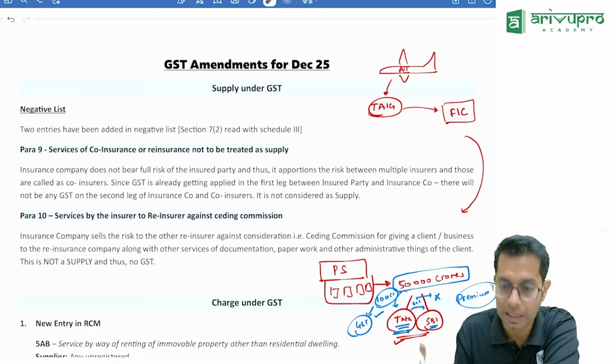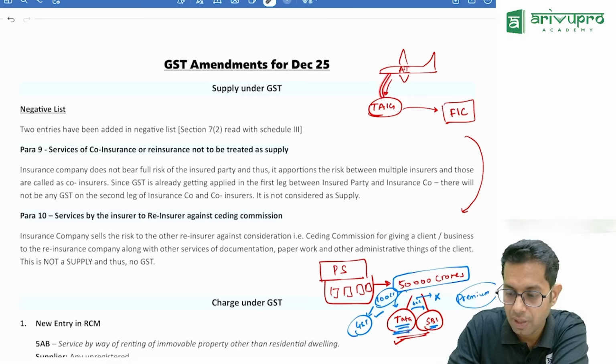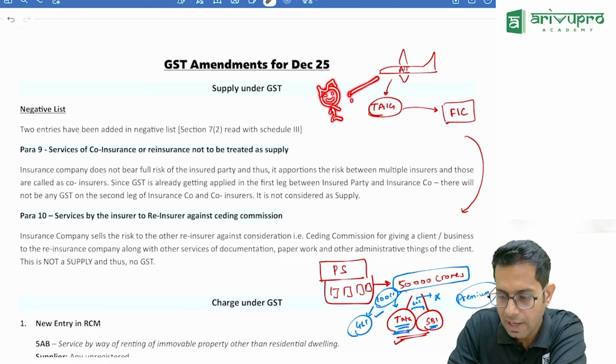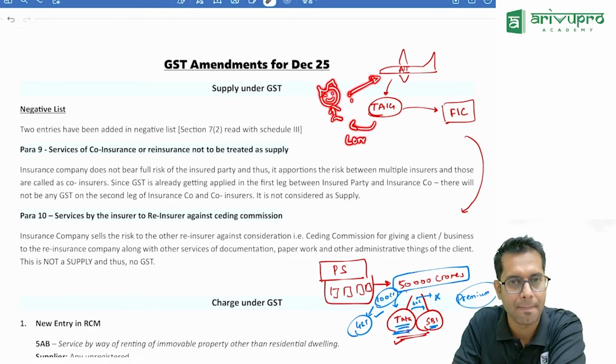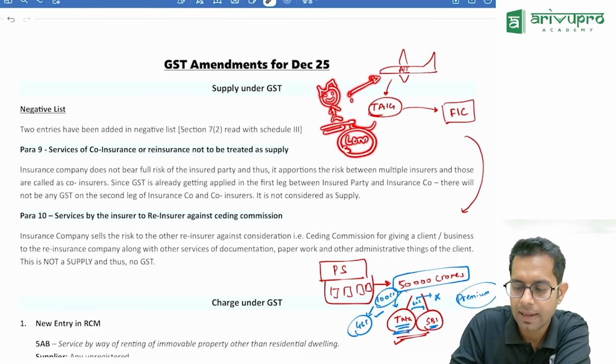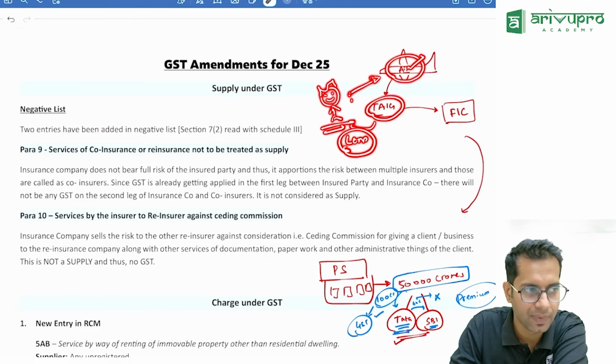I am taking reinsurance. So in this case also, see, if you are an insurance agent, and for an insurance company you find some person to whom you can sell insurance, the insurance company will give you commission. Correct? The insurance company will give you commission. Let us say I told the Tata Group that please insure the Air India aeroplane.